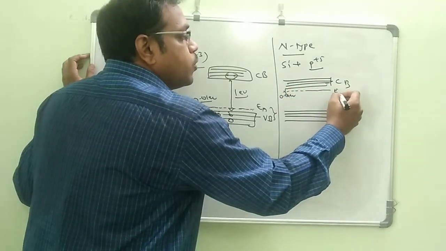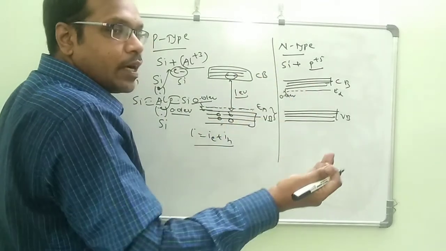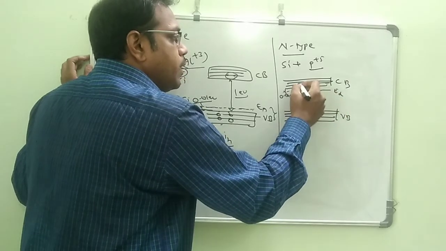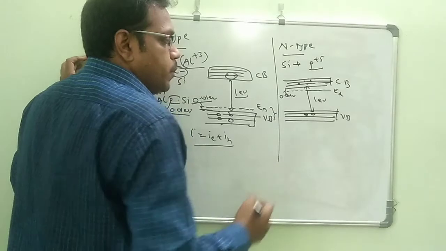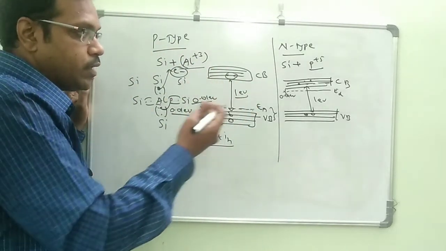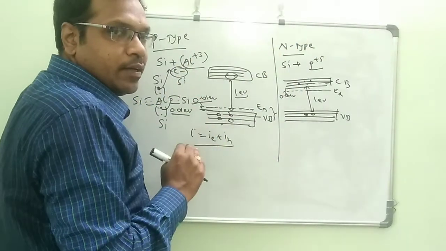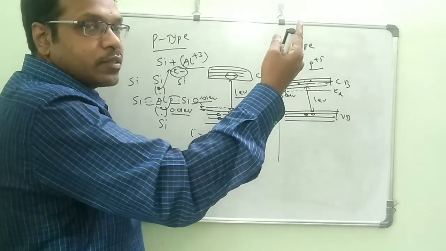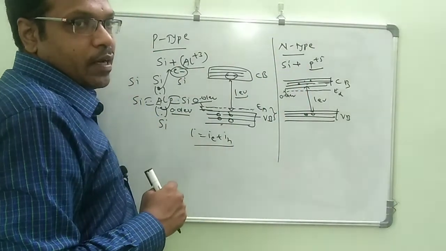This is the donor energy level. It is near the conduction band, ready to give electrons to the conduction band, and the average gap is 1 electron volt. Here so many electrons will be there, and fewer holes will be there. The holes came because of thermal excitation, because only one excess electron goes to the conduction band. How do the holes come? Because of thermal excitation, one electron jumps to the conduction band, so holes will come. So here also electrons and holes will give you the current.